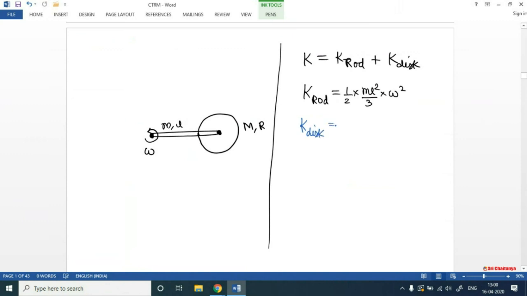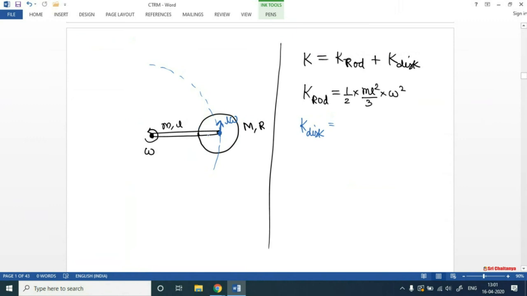So kinetic energy of disk, now you see, can you say that the disk is undergoing only translational motion? You see, this is how, along this path, the center of mass of this disk will be moving. So the center of mass of this disk is moving curvilinearly. So the velocity of the center of mass of the disk is basically equal to L omega. But can you see that, apart from moving curvilinearly,